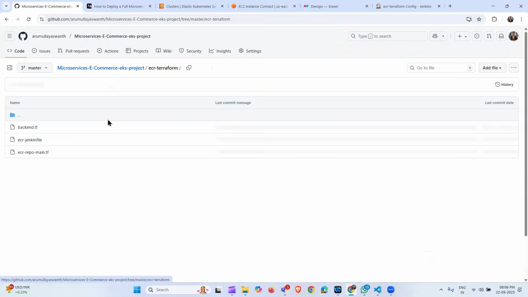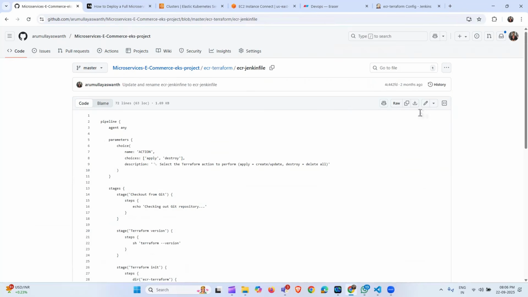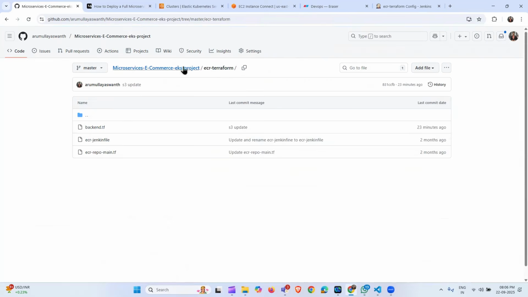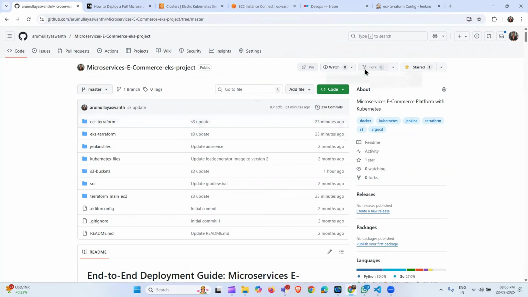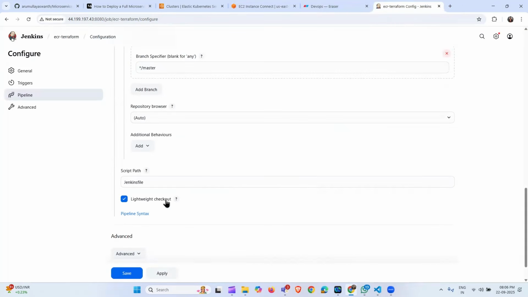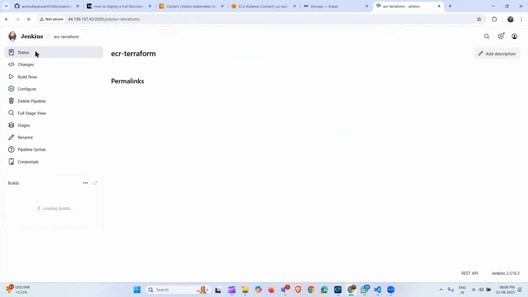Open ECR Terraform, Jenkins ECR, and copy this one. Go back. If you just follow this, this repository will automatically come to your GitHub, because whenever I change the updates, you automatically get the latest updated code here. Just click it and update it. Now here, just click OK,